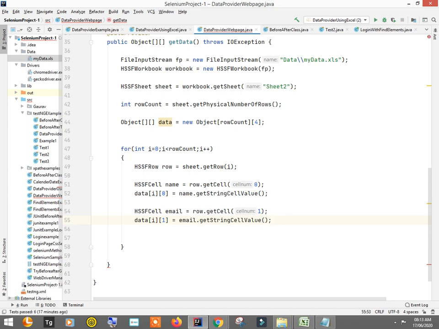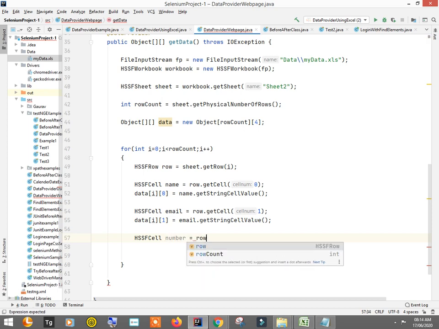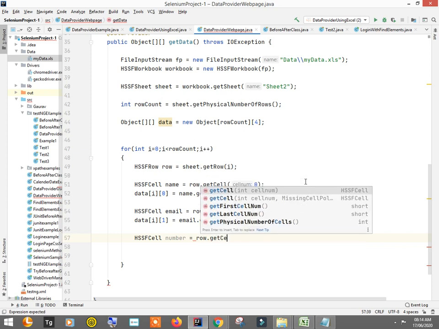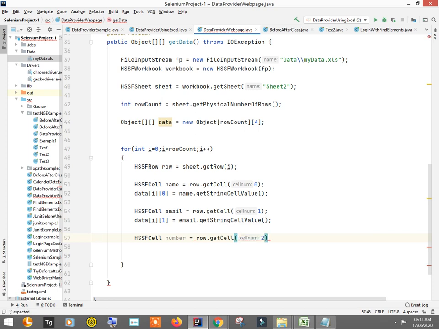Okay, so now again HSSFCell number is equal to row.getCell, put the value here 2, then number.getStringCellValue, we will put this into data[i][2].